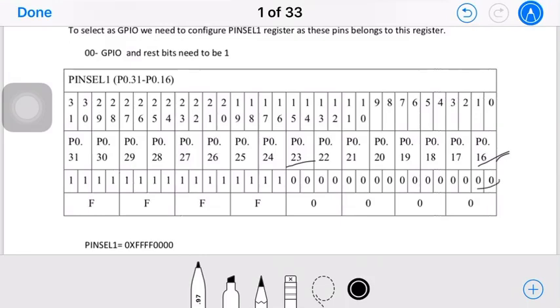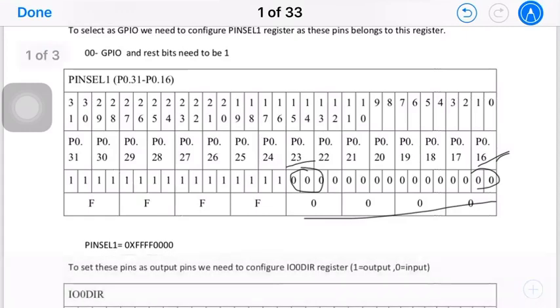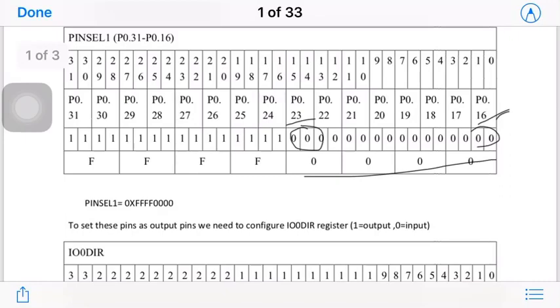We will be putting 00 to all those bits, and then combining in groups of 4, we found that the lower 4 bits will be 0000 and the rest all 1. So we got the value for pin select 1 as 0x, four F's, four zeros. So we have selected pin 16 to pin 23 as GPIO pins, general purpose input output pins.